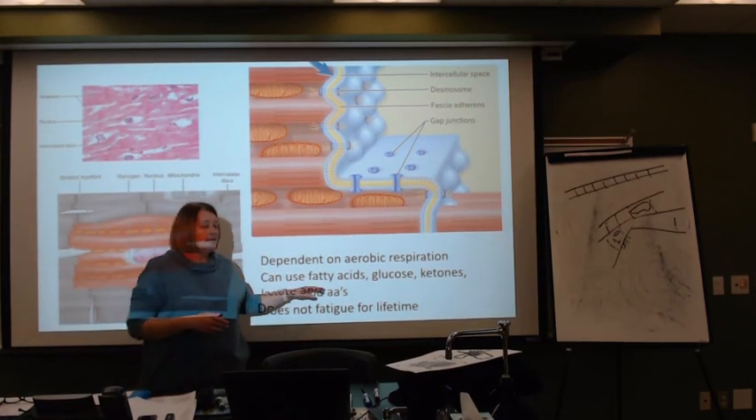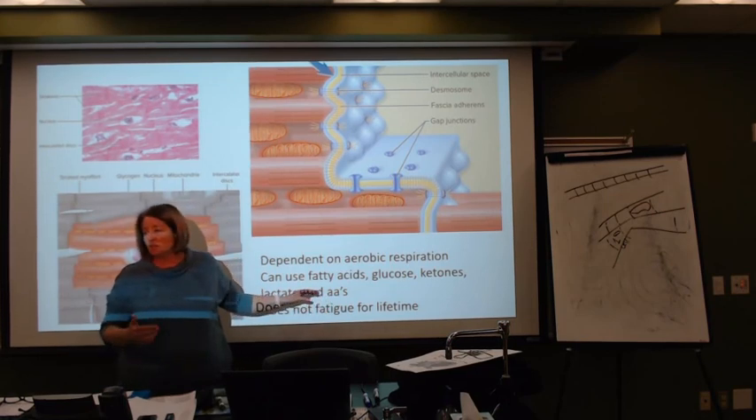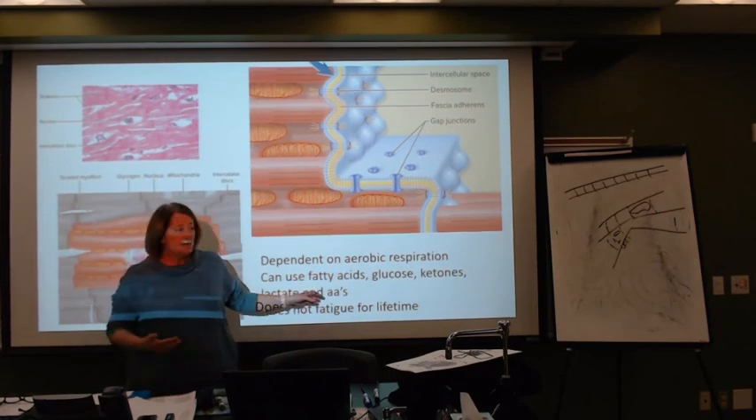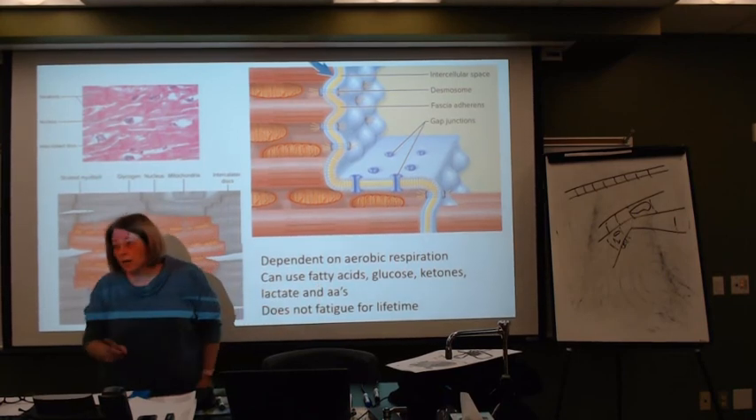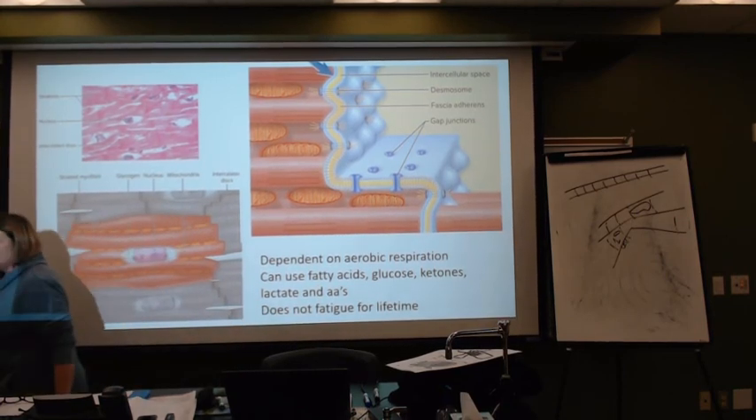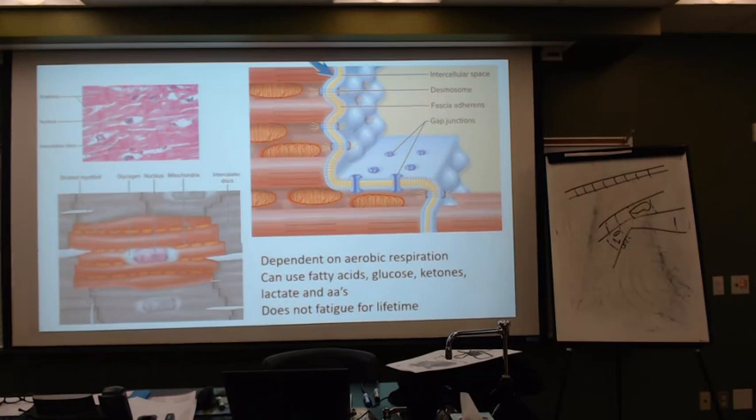The first thing that usually the heart will use is fatty acids, because it doesn't have to go through glycolysis. A fatty acid can enter directly into the Krebs cycle and be immediately